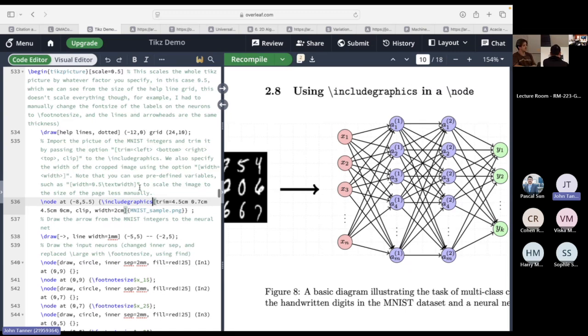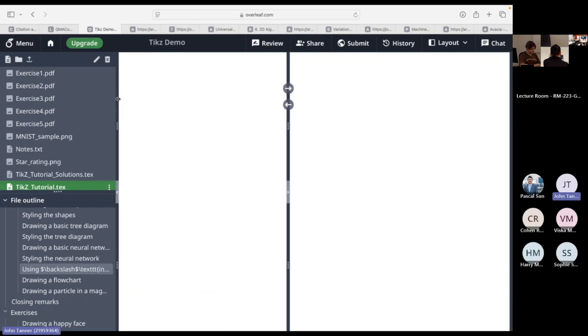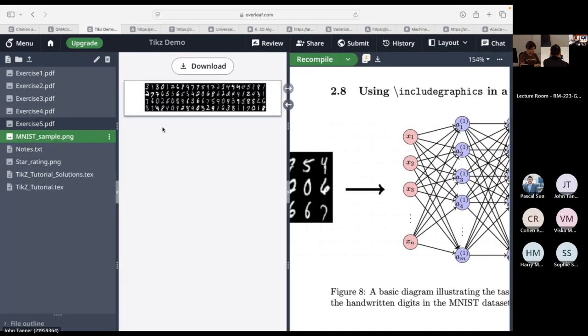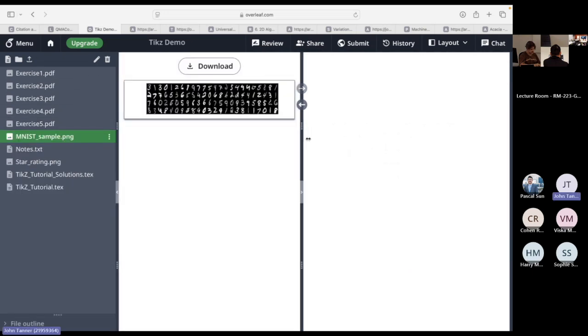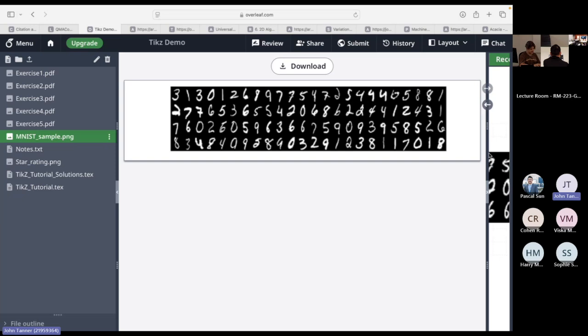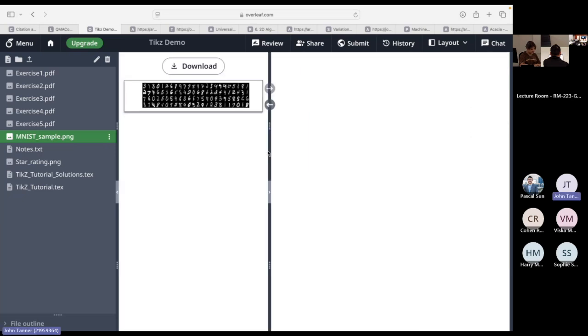So, if you started using columns, or 2 columns instead of 1, then the width of your include picture would scale to the column text width. I'll just show you what the original picture looks like. So you can see here that there's a whole bunch of integers from MNIST there. Basically what I did was go and pick out a section of this